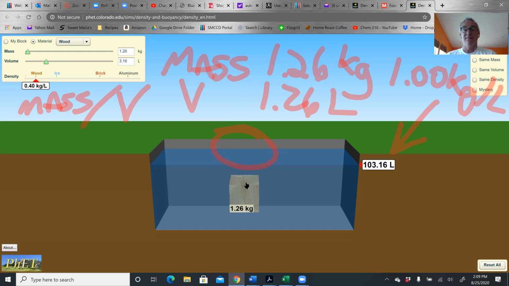Exactly. My mass hasn't changed. It's still the same piece of wood, even if I'm pushing it down. I haven't added any mass to it. But what I've done is completely submerge it in the water so that all of the wood is displacing water, not just the part equal to its mass, all of it. And so now it'll be 1.26 kilograms divided by 3.16 liters,